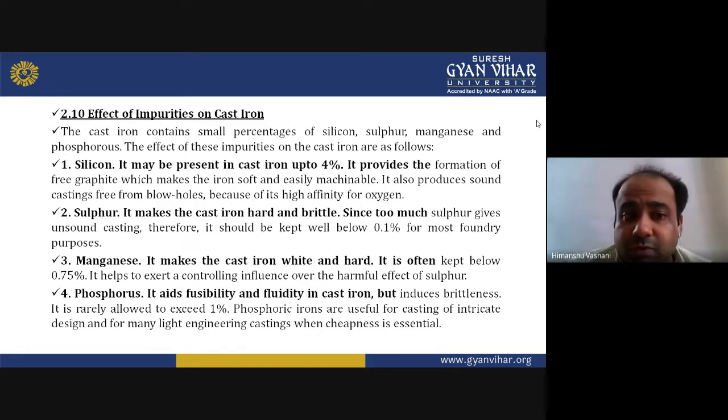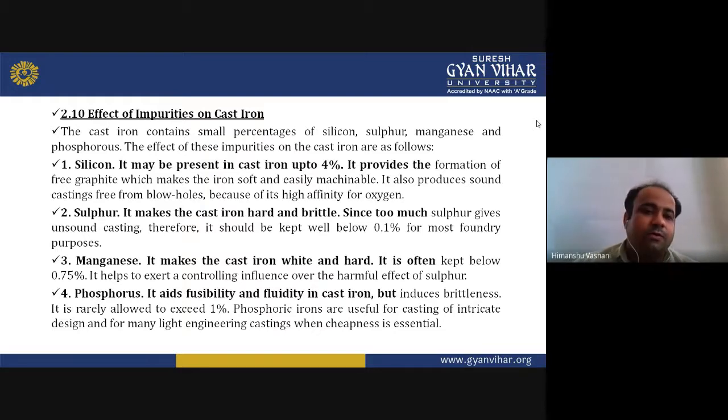Now if you use cast iron which has silicon content in it, it will help you to produce a casting which is free from blowholes, because of its high affinity for oxygen. And let's go with the next element, that is sulfur. It makes the cast iron hard and brittle. Since too much sulfur gives unsound castings, it should be kept below 0.1% for